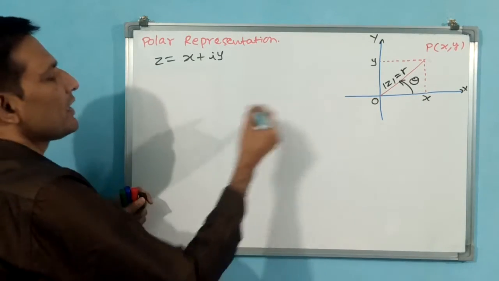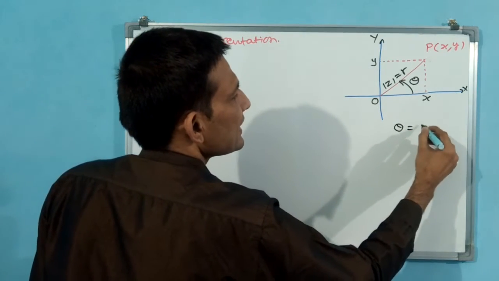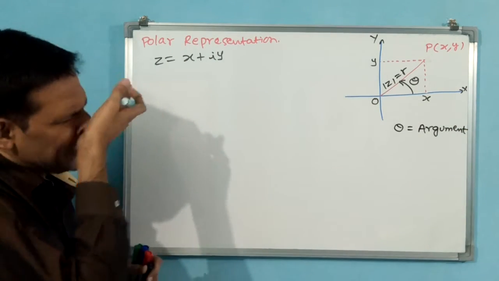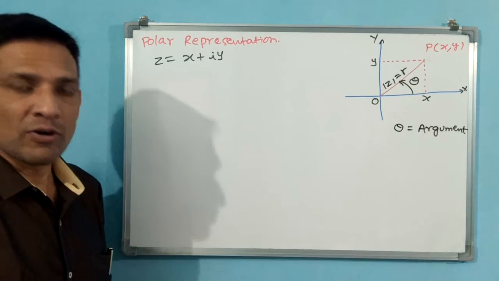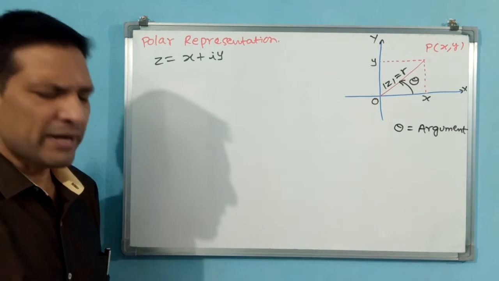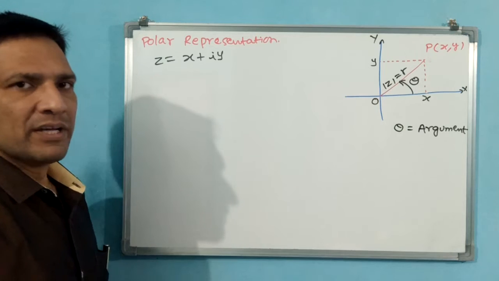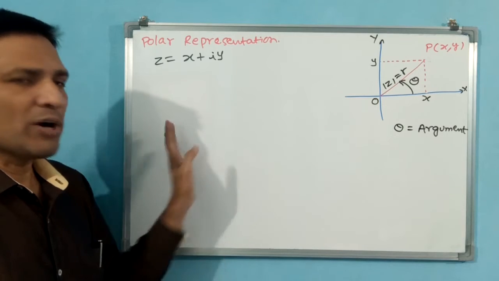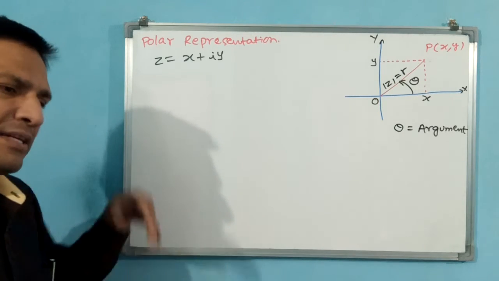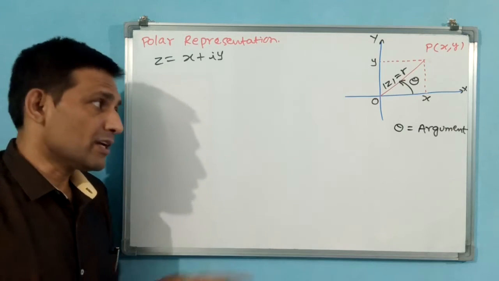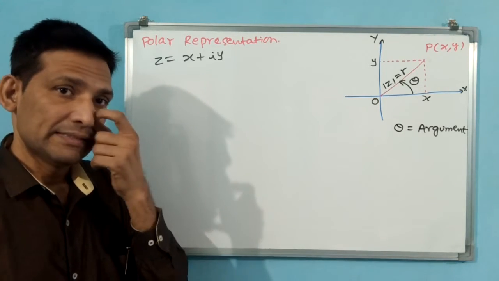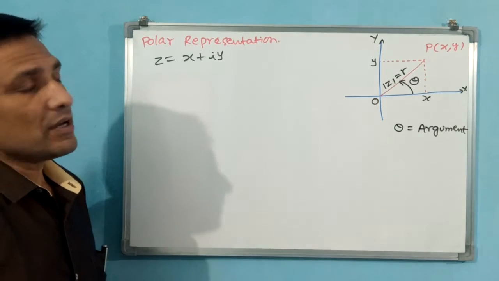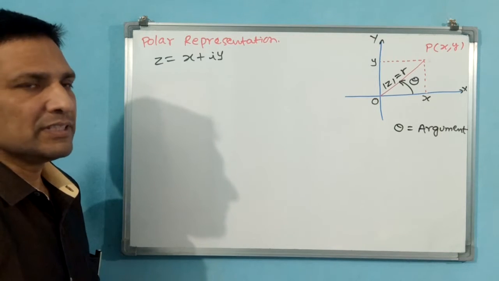Now what we are calling this theta, we are calling as argument. The theta you are going to call it as argument. You have to know the word. Amplitude also they call, but mostly they call argument. Argument came when theta is in a complex number only. Without a complex number, you can call theta as angle only. Here also it is an angle, but you call it as argument. Theta is an argument. You see theta is rotating in anti-clockwise direction, that is why positive theta you have taken.